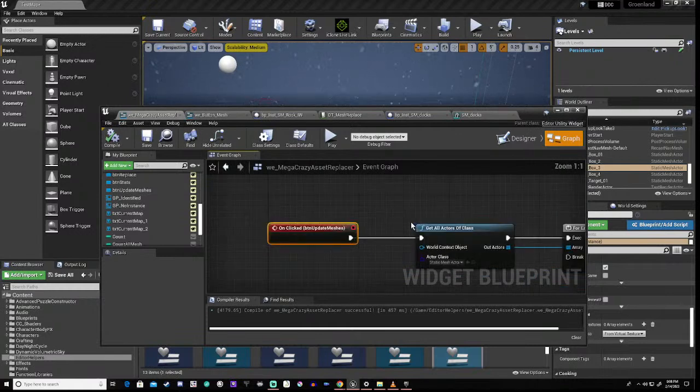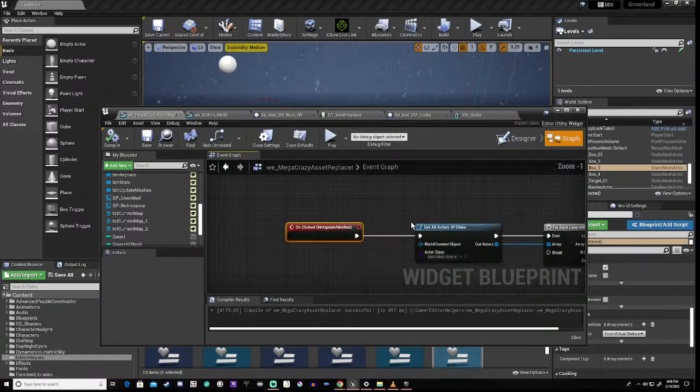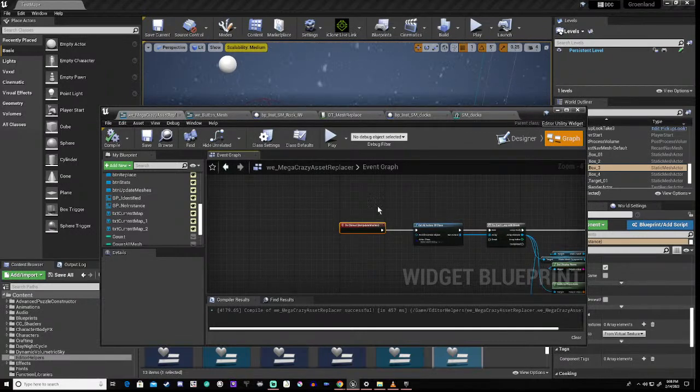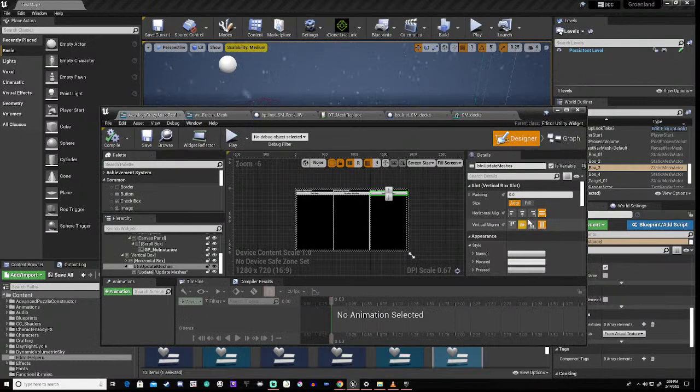That should have worked. Button, update meshes. Yeah. Yep, that should have worked. Button, update meshes. Right. Okay. That's kind of fine.